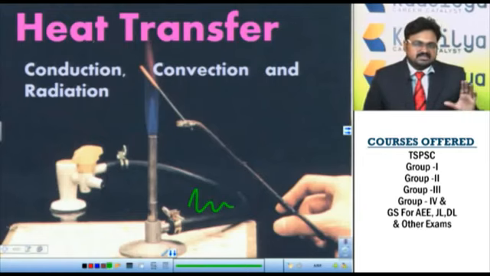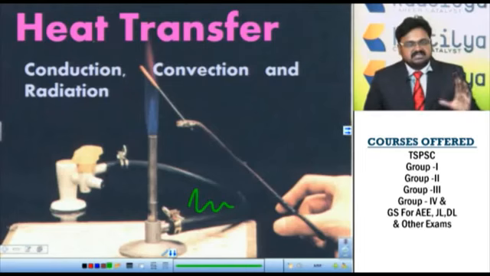The radiation of the sun travels from the sun to the earth. The average distance between the sun and the earth is around 149 million kilometers. Now even such large